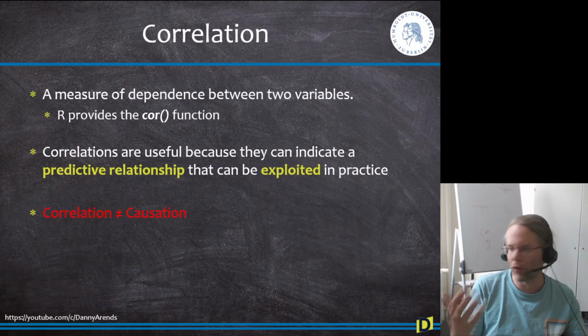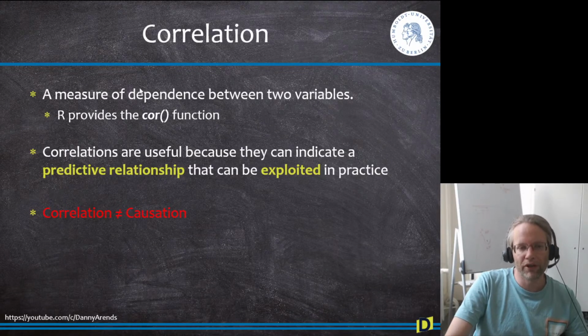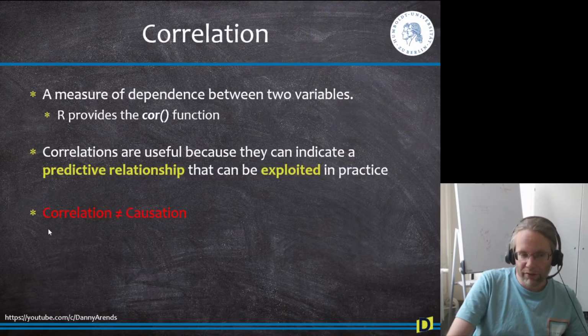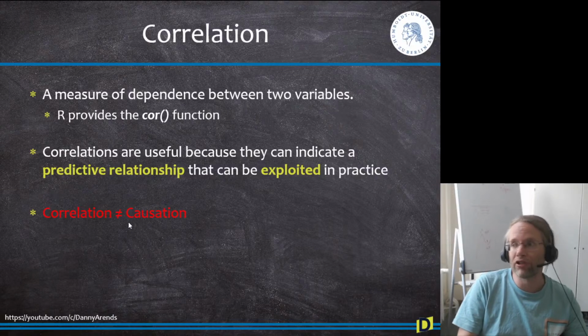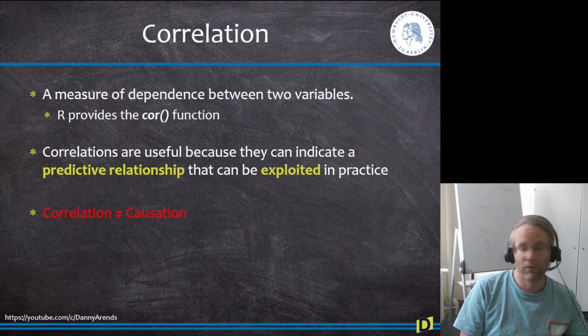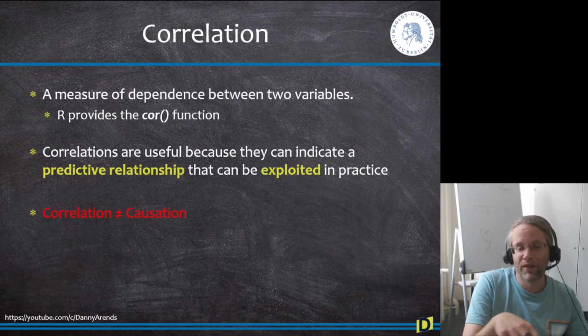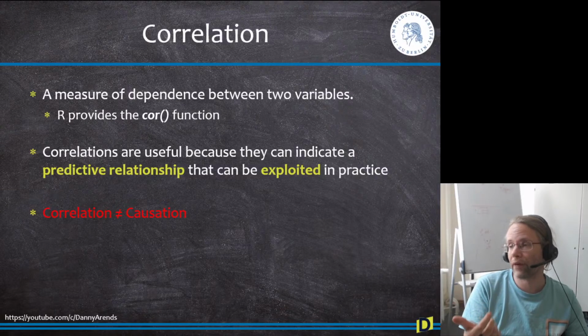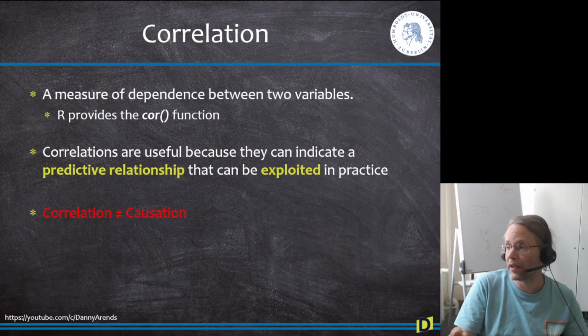I think many people know what correlation is. It's a measurement of dependence between 2 variables. In R, you use the cor function. And why do we deal with correlations? Because you have the famous saying that correlation is not causation, which is true, but I always like to flip it around, right? Correlation does not mean that there is causality, but